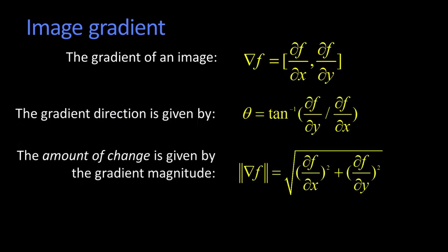Here we're just expressing all of this mathematically. The gradient is given by the two partials. The direction can be computed by computing the arctangent, that is, the arctangent of the change in y over the change in x. Computer people amongst you should probably use atan2, so that if the partial of f with respect to x is 0, your machine doesn't explode. Then we can also talk about the magnitude of the gradient, which tells you how rapidly the function is changing. That is clearly related to edges, because remember we said at edges we get steep cliffs where things change tremendously. So we're going to look for large magnitudes of gradients when we're finding edges.